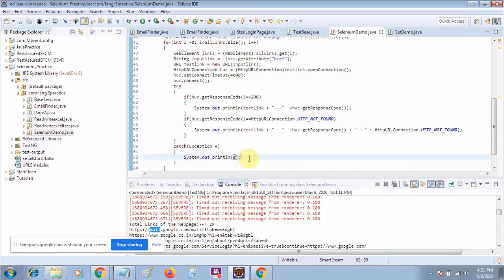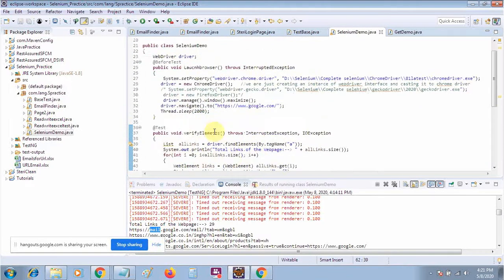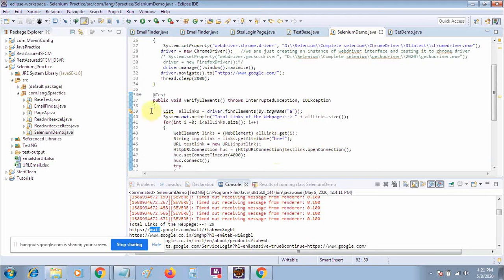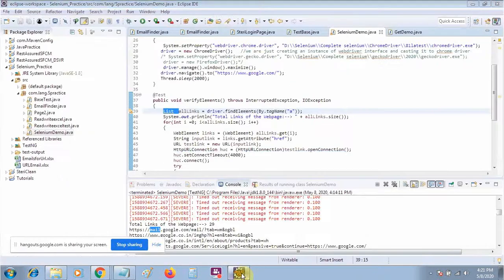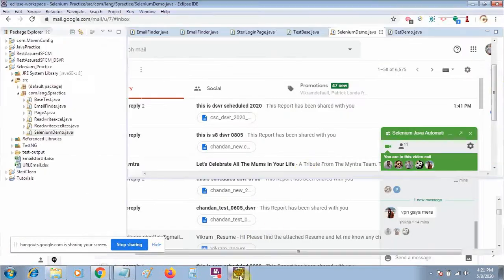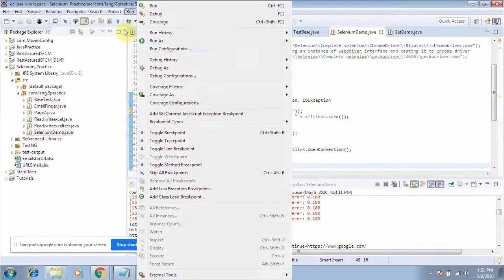So it's very simple. First you need to get all the tag names. I'm just refreshing all the things. You need to get the tag. Let me run this one.